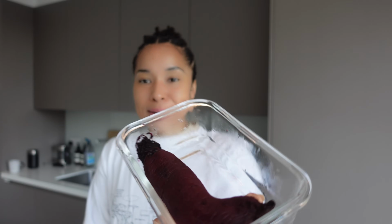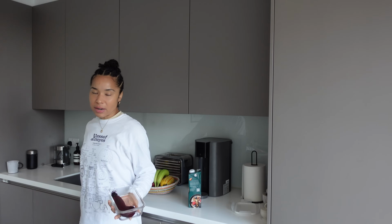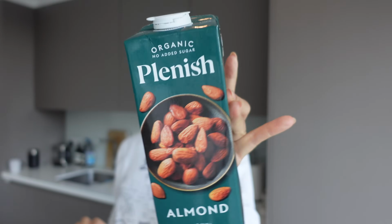If you saw my last week of Nourishing lunches, I spoke about how I just love to have cooked beetroot on hand. You can get cooked beetroot just kind of vacuum packed. Make sure it's not vacuum packed in vinegar or anything, but you can just get plain vacuum cooked beetroot, which will work just as well if you haven't got any cooked beetroot on hand randomly like I do. I'm going to use some almond milk for this, but you could use any milk of choice. And then we're going to add in some spices, so some cinnamon,